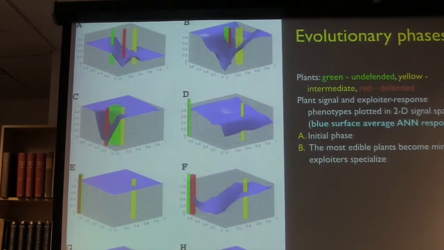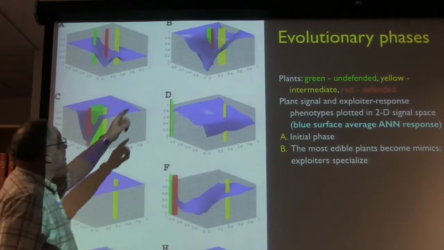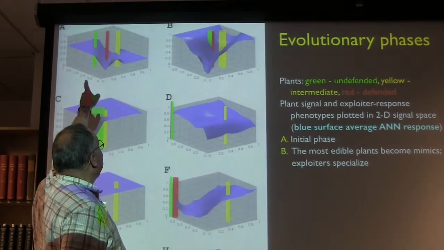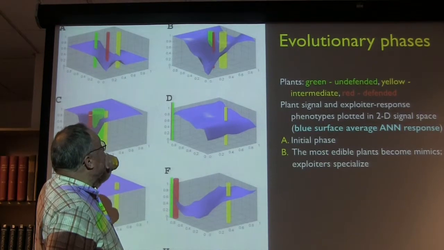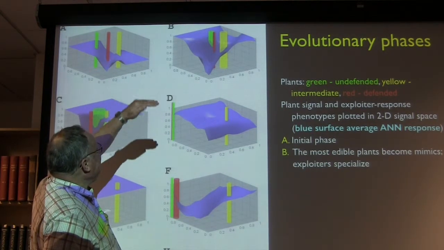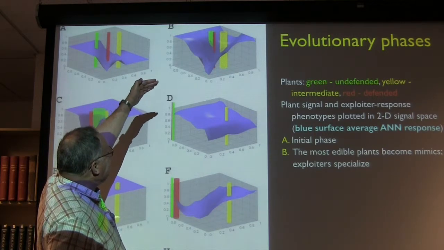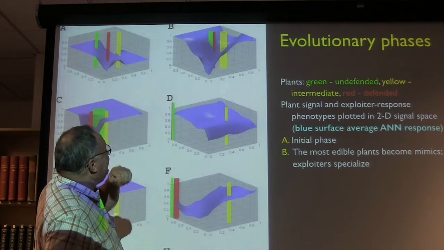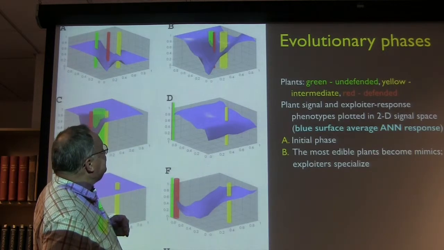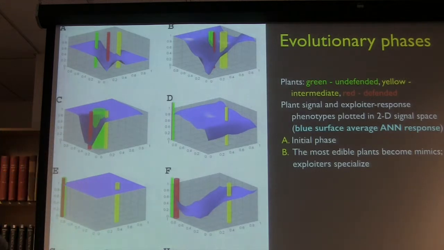Then as you go to B, the most edible plants become mimics. So you can see the red is evolving towards being green. The average individual is recognizing the green and beyond where there's nothing, but as it comes into the green, it has to try and avoid the red, so the response dips there. And then the yellow is just put in to make it a little more complicated for the organisms to exploit.